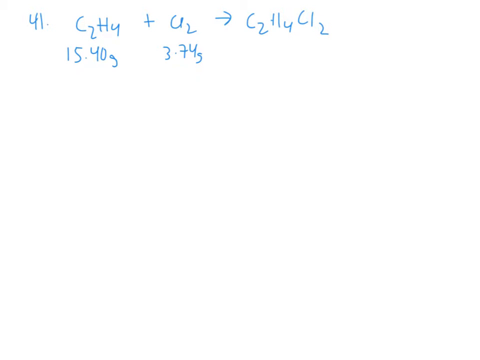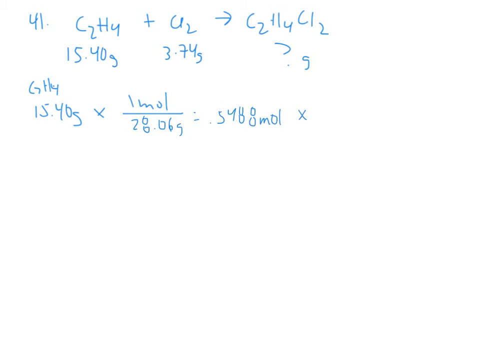Number 41, again, has given us the mass of each reactant and wants to know how much product can be made. This is a nice reaction because it's all 1-to-1. So I need to take my 15.4 grams of C2H4 and determine how much product that could make. So 1 mole, 12.01 times 2 plus the 4 hydrogen is going to give me 28.06 grams. So then the 15.4 divided by the 28.06 is 0.5488